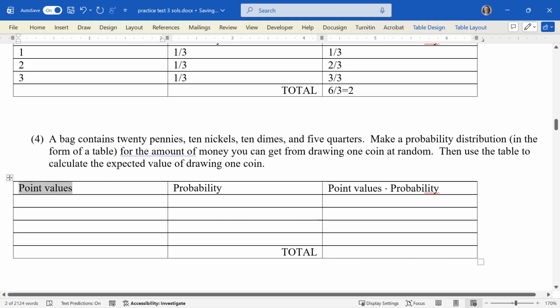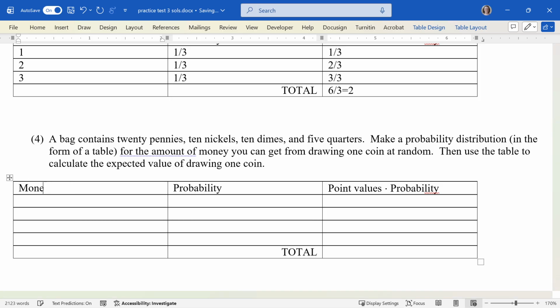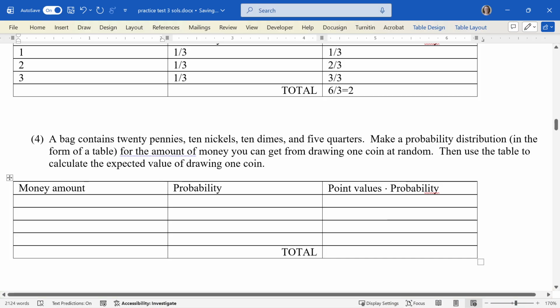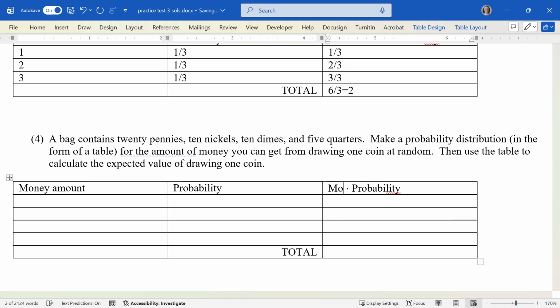Okay, so here is a table. I just copied this from the last example. Instead of calling this point value, I'm just going to call this money amount, I guess. And then over here, this will be money amount times